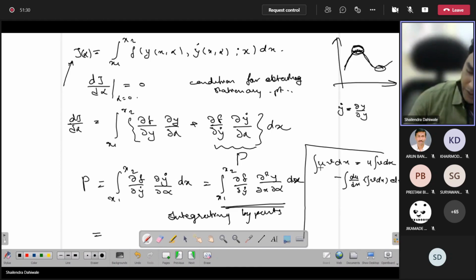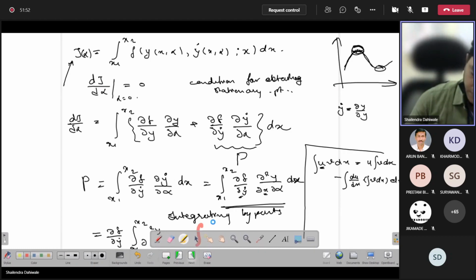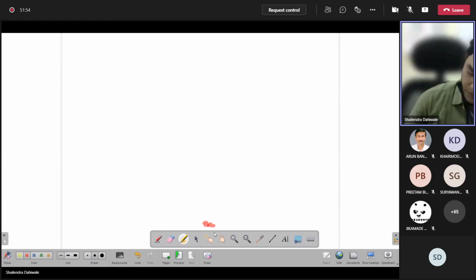So here my u is this and v is this. If I apply that, you will have del f by del y dot times the integration from x1 to x2 of del 2y by del x del alpha dx, minus